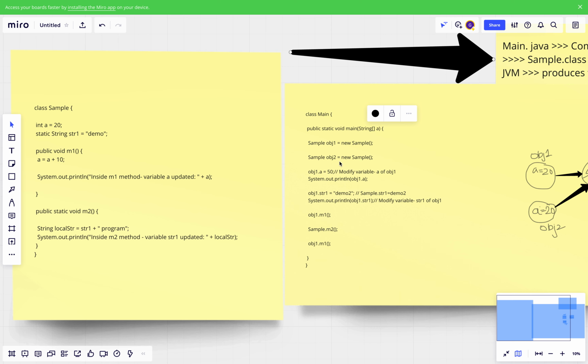Similarly, for object 2, you have an object with the initial value of variable a as 20. Both are instance variables. This one is specific to this object, and this instance variable is specific to this object.